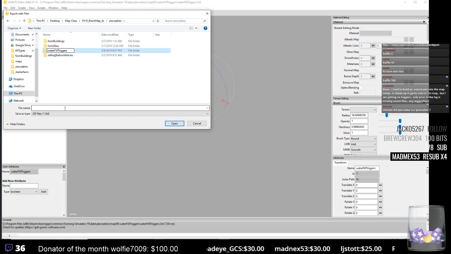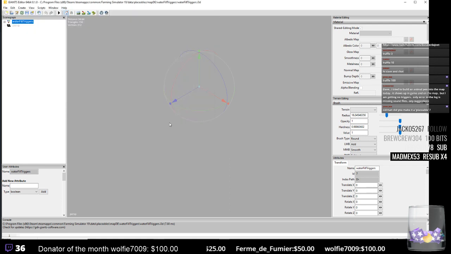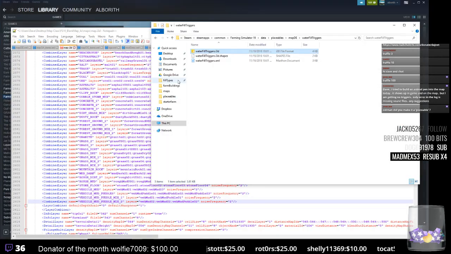Put it into your map directly. I am in my map class blank 4x placeables folder. Water fill triggers. And again, water fill triggers. Save. Do you want to get the parent directory structure? Yes. Do you want to keep the game relative paths? Yes. Because it's an in-game thing, we're taking it and we're going to be loading it right from